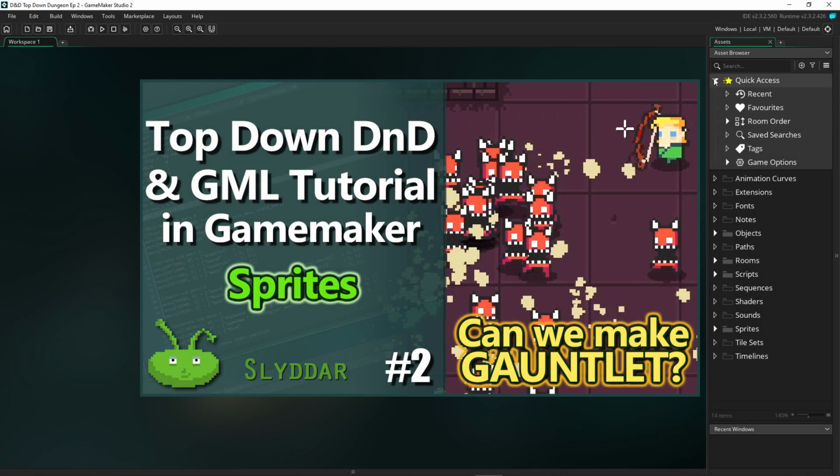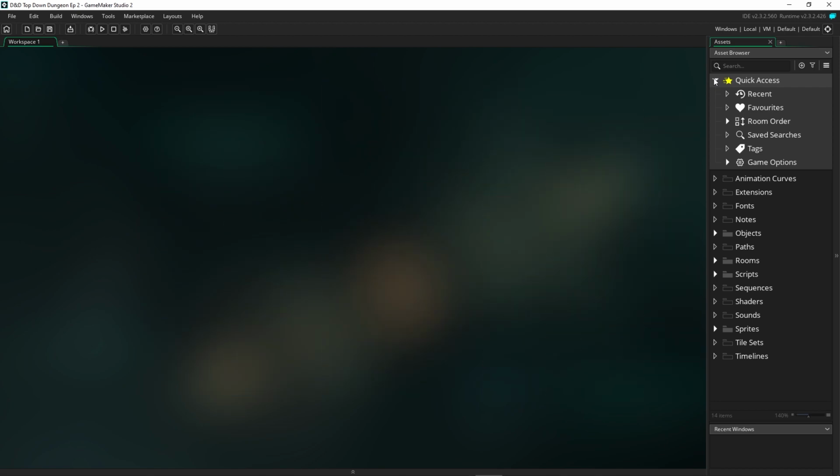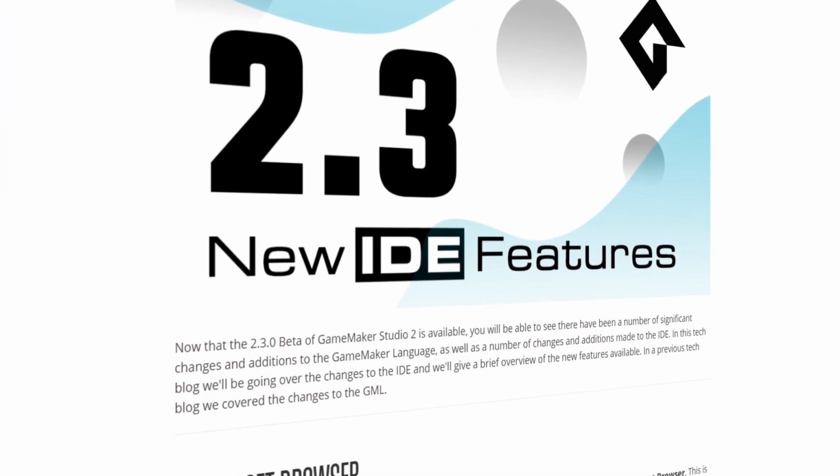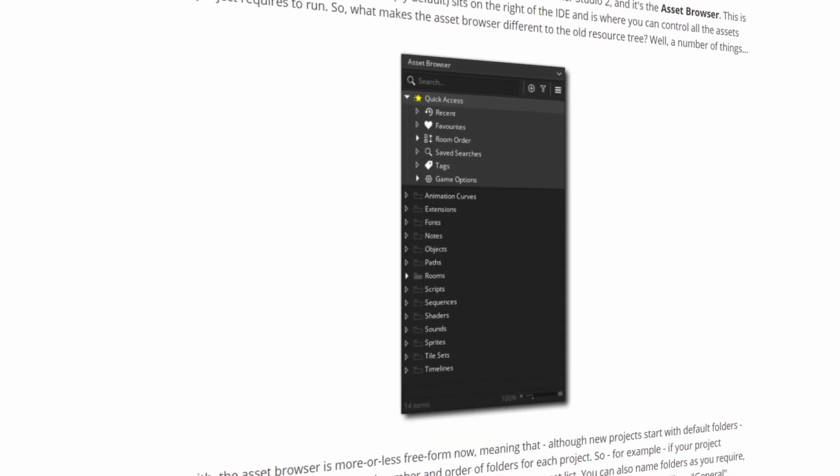Now this tutorial is going to be dual drag and drop and GML. I'm going to show both codes side by side, so no matter which method you prefer, you'll be able to follow along. We'll also learn how to set up animations for our player when we're moving, and we'll set up the player's bow. Firstly though, I'm going to rearrange the groups to take advantage of GameMaker 2.3's new group structure,